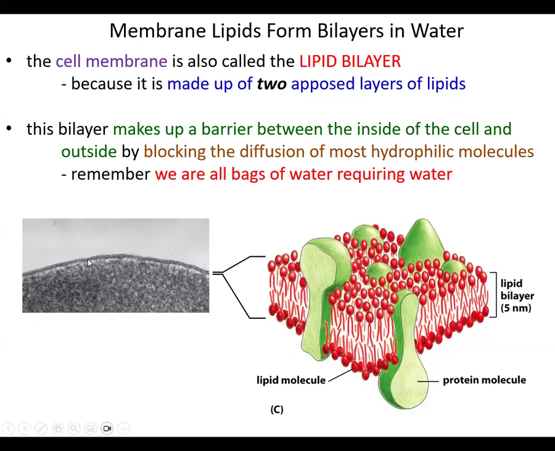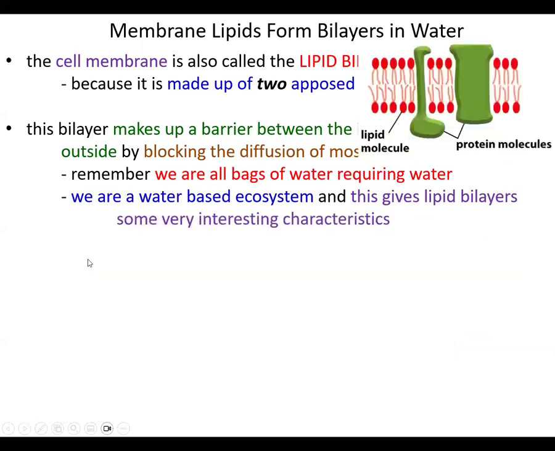So we're about 70% more or less water in our entire weight, like 70% of our mass is water. And the salinity of that water is roughly similar to seawater because that's where life first evolved. So we're mostly water, which means these hydrophilic components are dissolved in that water, and these hydrophobic membrane components have to somehow deal with that water. So we, as organisms, are a water-based ecosystem, and this actually gives lipid bilayers some very interesting characteristics